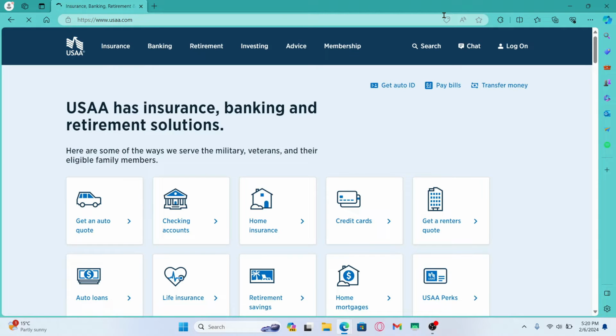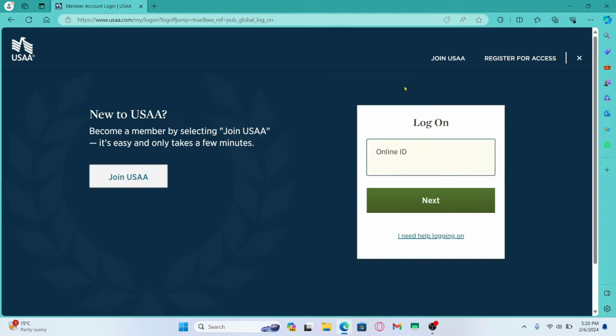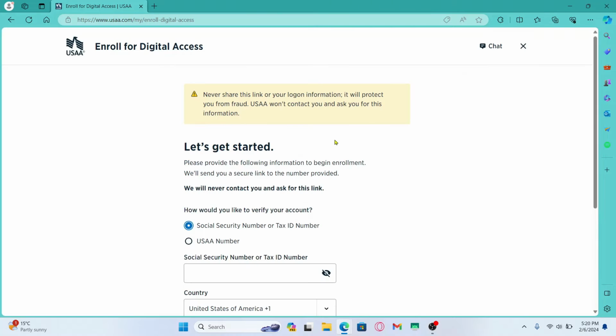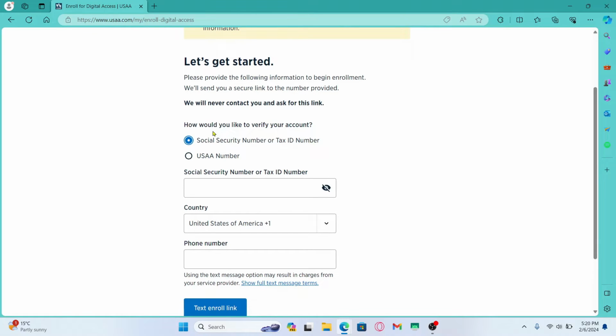Now from the home page, in order to sign up for your account, click on the log on button at the top right corner and then you will find the register for access option. Go ahead and tap on it, and now you will be asked to choose what kind of identification you would